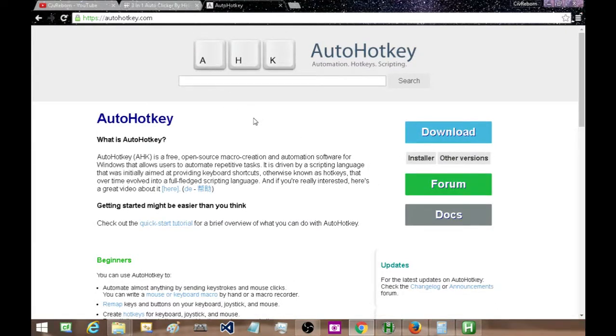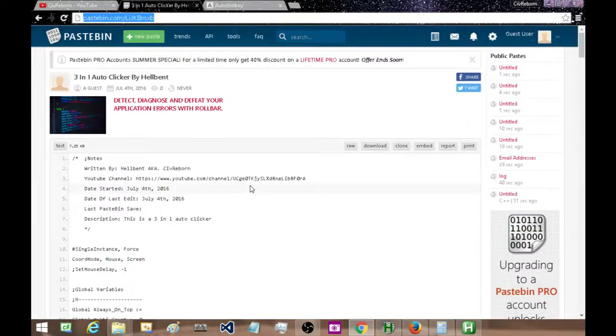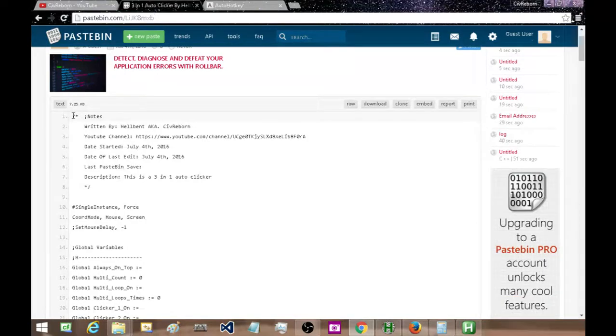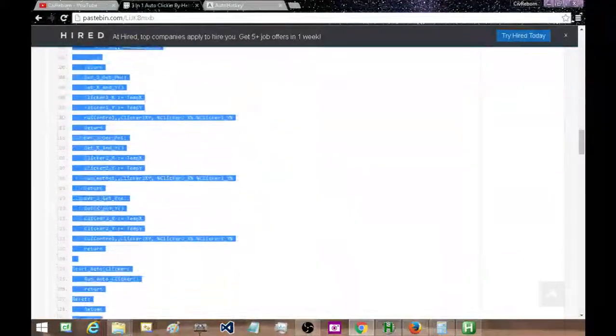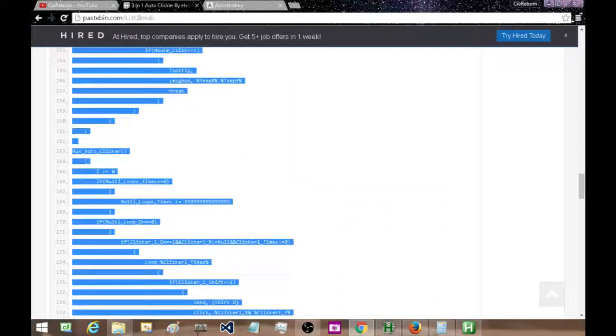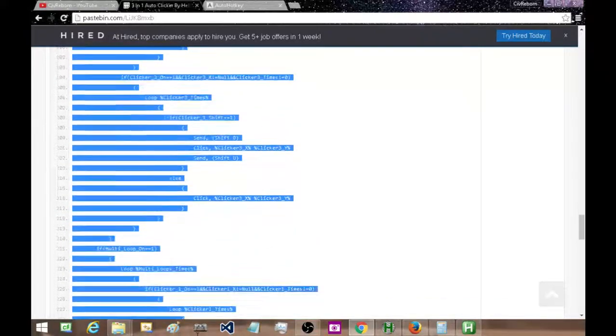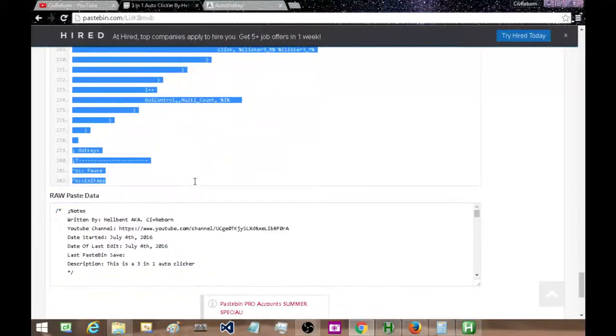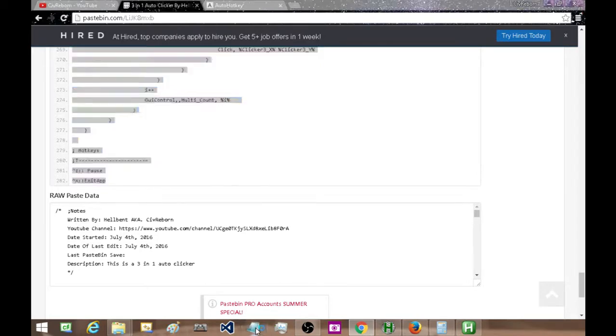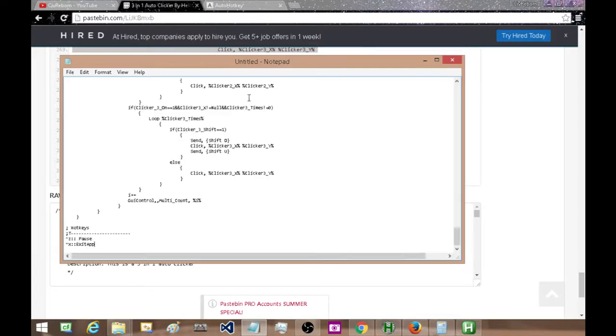And then you can go to the link that'll be in the description to a Pastebin file that'll look exactly like this. And then all you're going to do is copy and drag. I really got to figure out if there's a faster way of doing this click and drag, because I've put up some scripts on here that are like 3,000 lines, 4,000 lines, and it takes forever to copy them. Okay, but anyways, so highlight it all, hit Control C to copy it into your clipboard, and then open up a blank Notepad, paste it in, and then go to File, Save As,